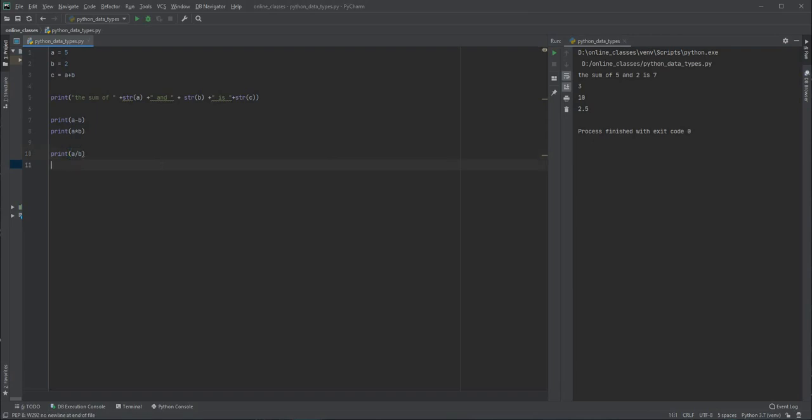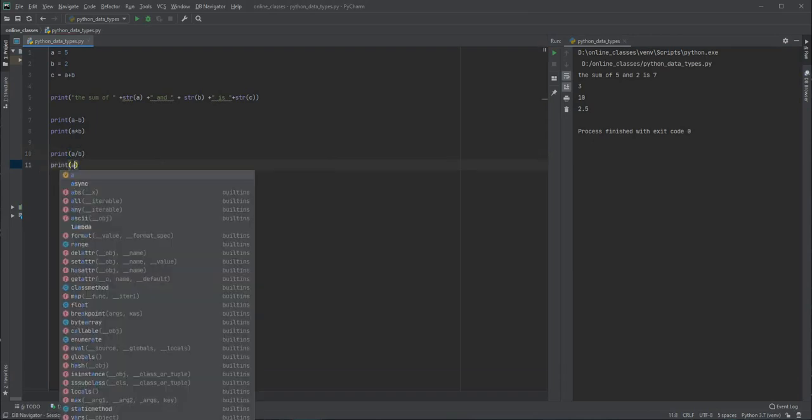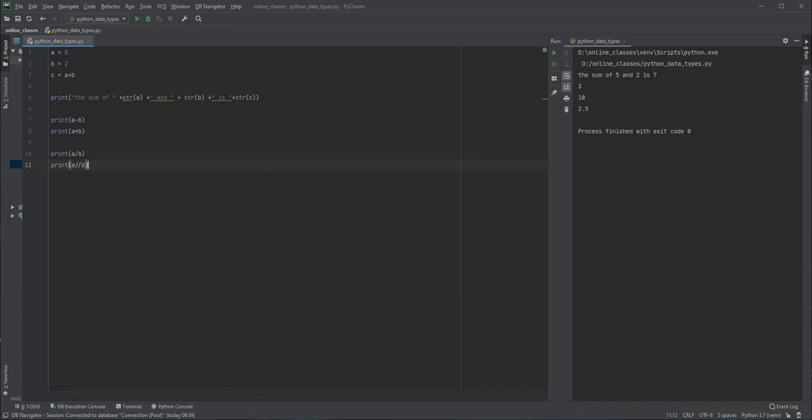But if we use the double forward slash for division, it is going to give us only the integer part. Let me just run this program and see, guys, it is like this.